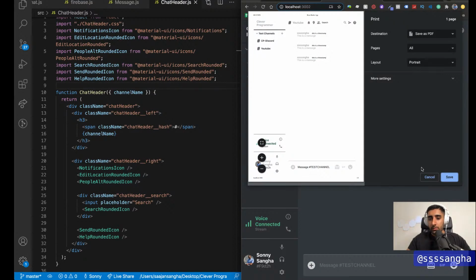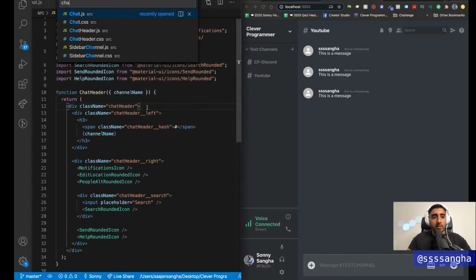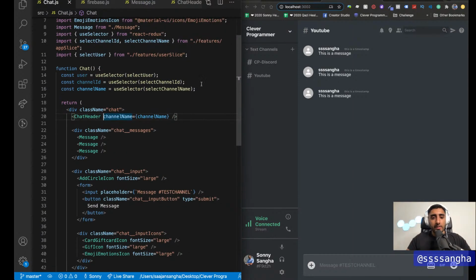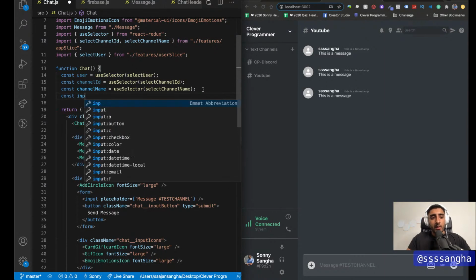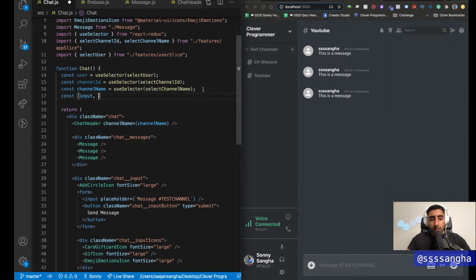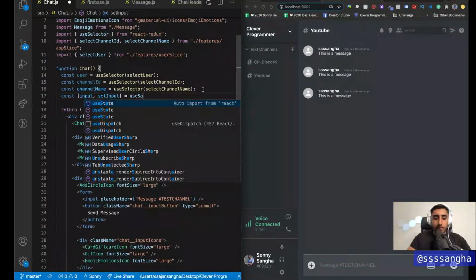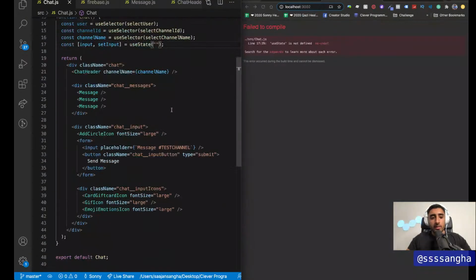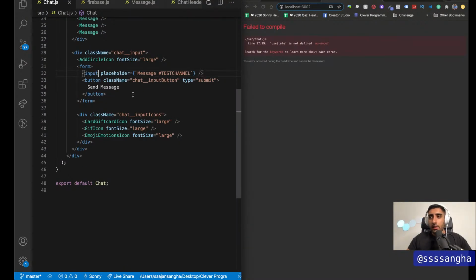I need to go into chat.js, and I'm going to create a piece of state called input. So it's going to be called input, and I'm going to say setInput useState, and by default this is going to be a blank string. Now to hook this up to the input field down below, I'm going to say value equals